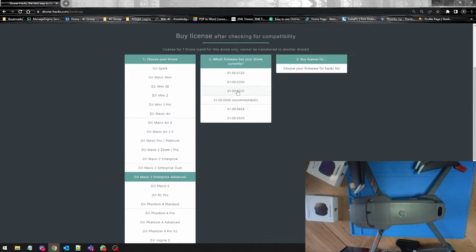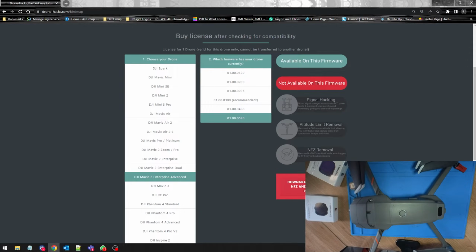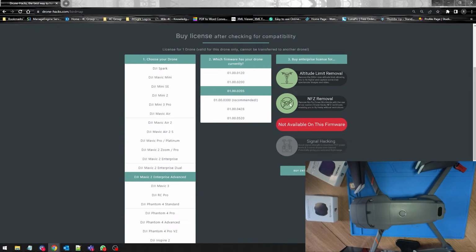Now, it's important to note that only certain firmwares are supported. So if you are on any of these other firmwares, it will work. However, if you're on the latest firmware, you cannot downgrade. So please be sure not to update the firmware of your Mavic 2 Enterprise Advanced, because it's going to remove the ability to remove the no-fly zones. If, however, you are on any of the previous firmware, you can downgrade to the correct firmware version and load